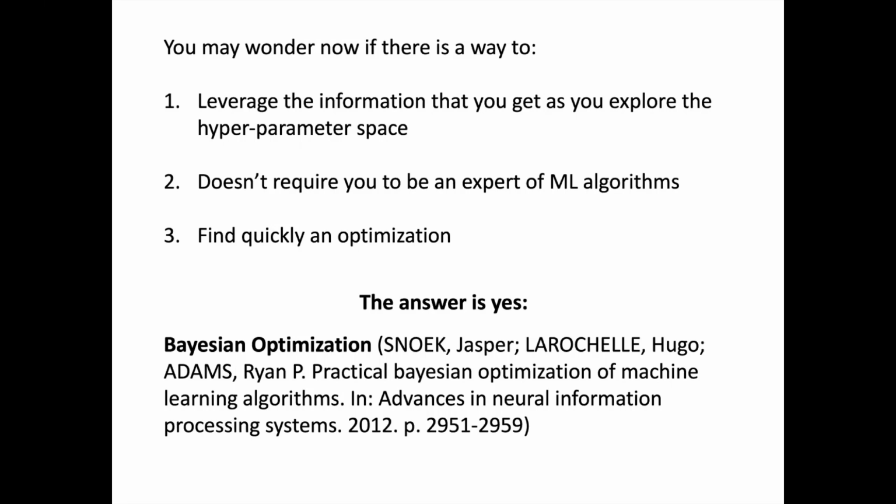Because, as we said, grid search can take a long time and thus has strong limitations, and random search can give you better results the more you try, but you have no guarantee that after a certain number of trials you can get the result you are expecting. And the answer is actually yes, because we have Bayesian optimization, formalized in this paper of 2012